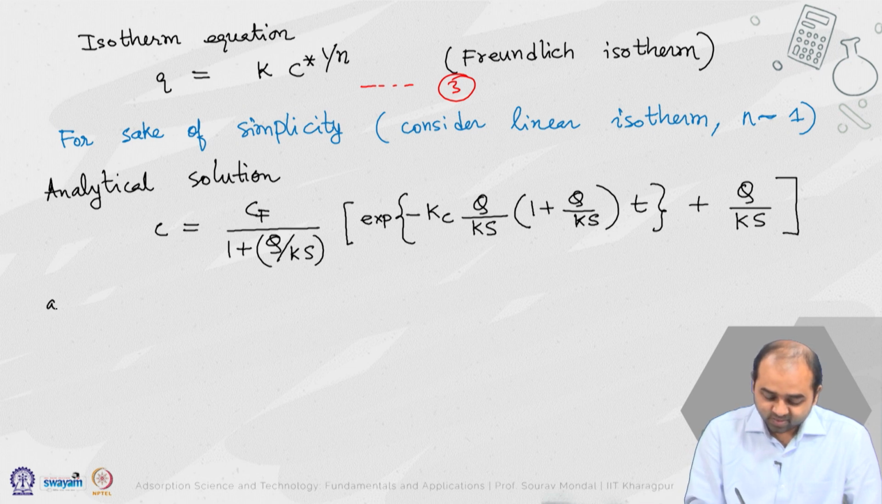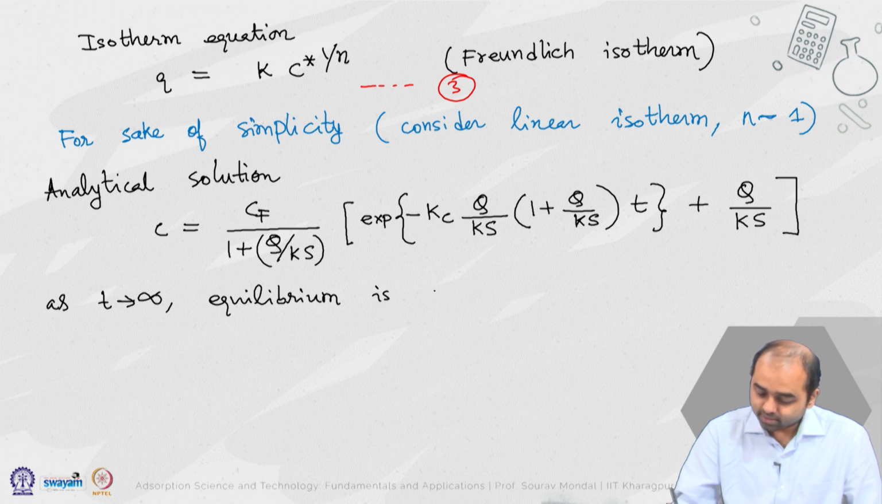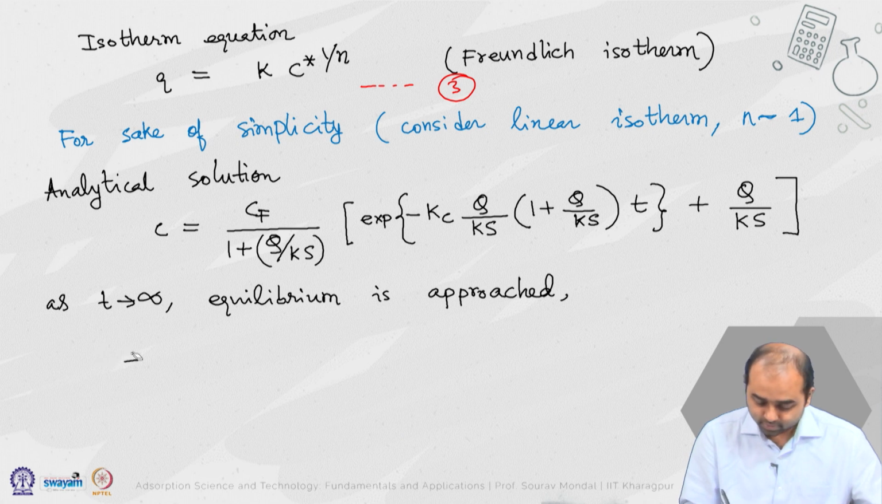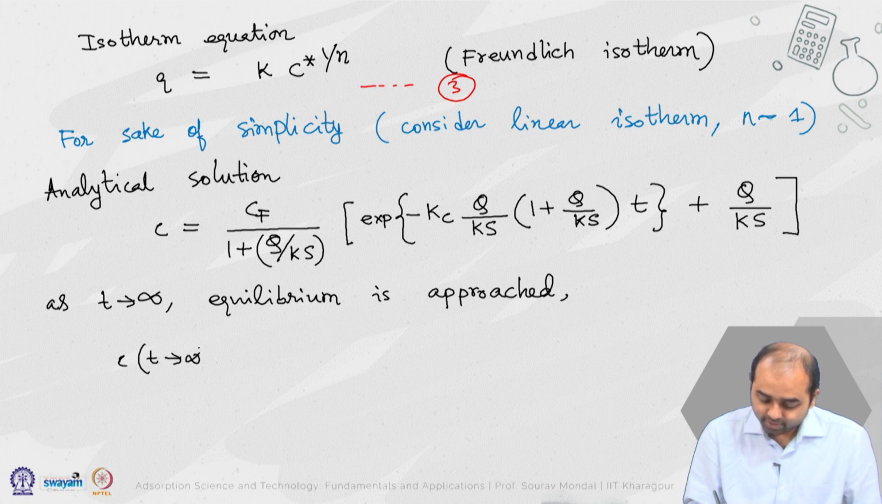So as this time t approaches infinity, equilibrium is approached, and from this linear isotherm model one can work out what would be the value of this C at t tending to infinity, which is referred to as C star, is equal to Cf times